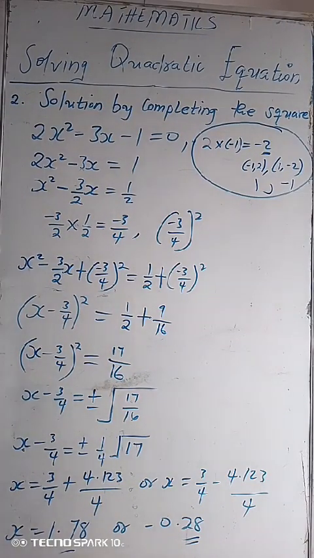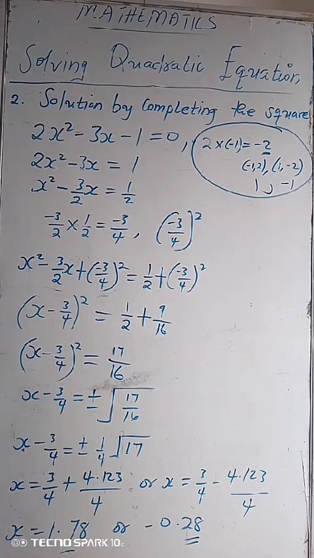Good day, everyone. Today, we are looking at how to use the second method, which is solution by completing the square to solve quadratic equations. Yesterday, we discussed using the method of factorization to solve quadratic equations. So with the example that we have today, which is solve the equation 2x squared minus 3x minus 1 equals 0, let's try to use that method as a way of revising ourselves and see if it will